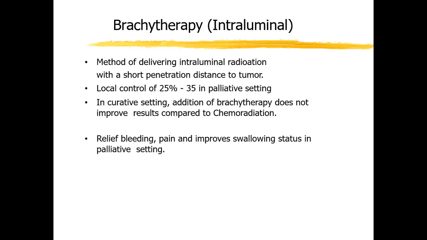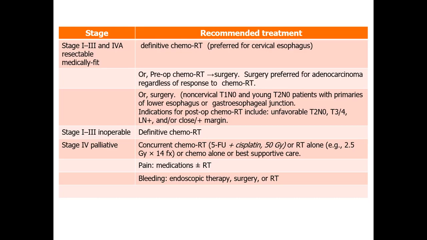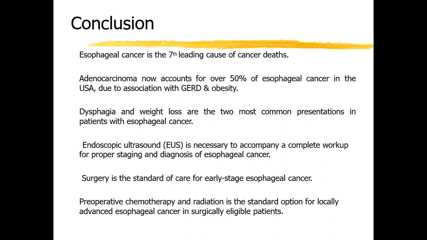Brachytherapy is basically the intraluminal radiation. You have to put some material in the lumen which continuously emits the radiation waves to destroy the tumor. So this is a slide you go through, but it's not a very important slide to remember. It is simply, as I told, in stage 4 it is always palliative treatment, and in stage 1 and 3 one can go for the surgery as well as chemotherapy and radiotherapy.